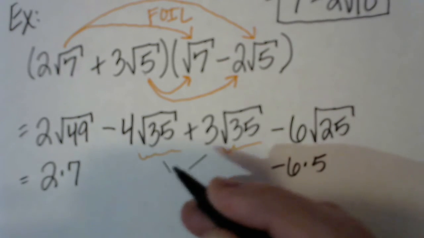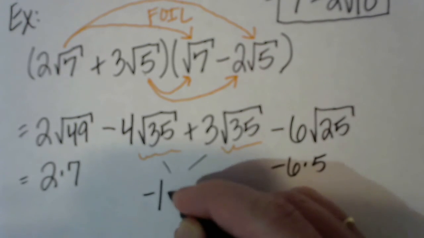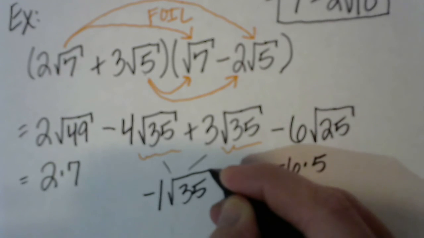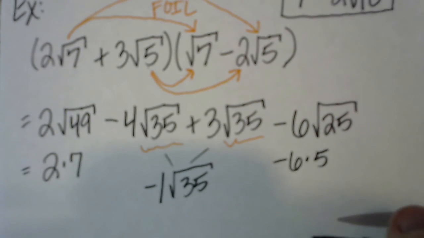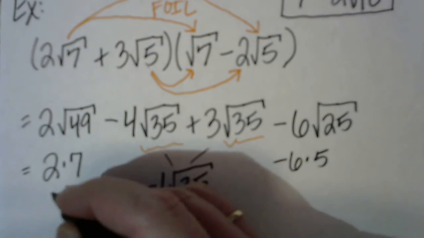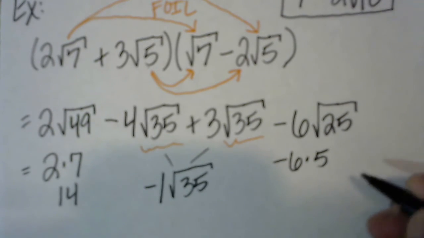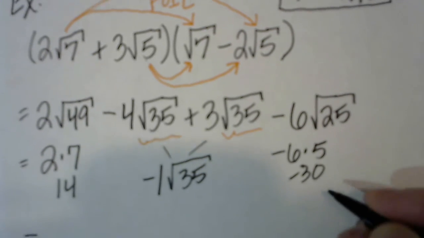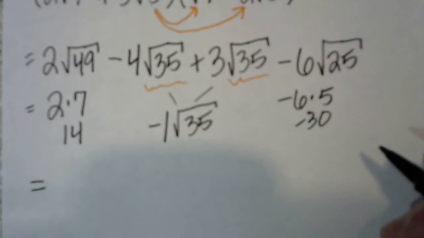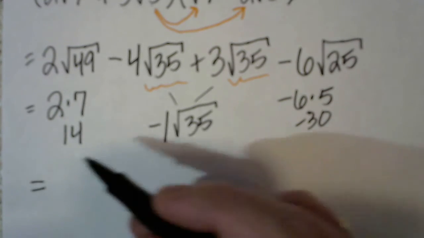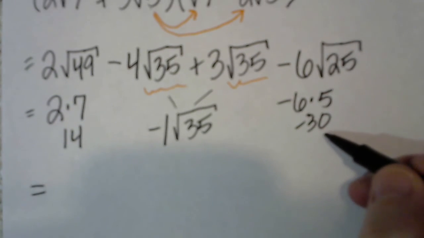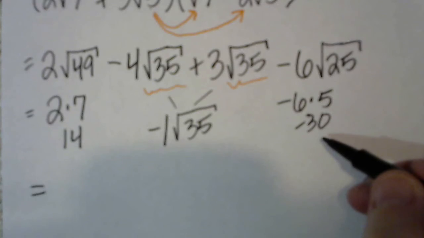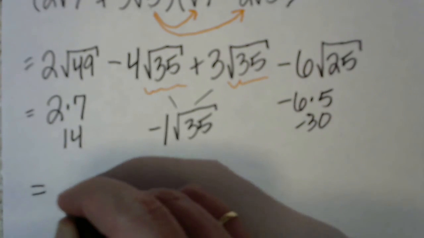So this is going to give me a negative 1 radical 35 when I put those together. This was 14. This is negative 30. So I know I can add these, 14 and negative 30. That's going to give me a negative 16